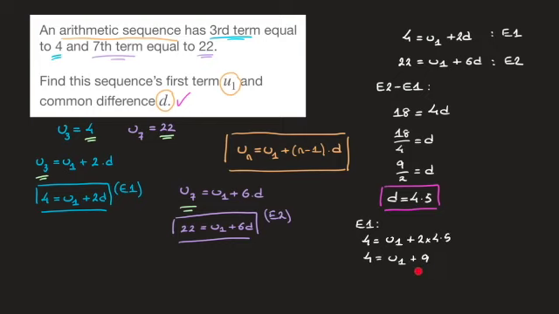And finally, subtracting 9 from both sides of this equation leads to 4 minus 9, which is negative 5, equals u sub 1. And if I rewrite that from right to left, that's u sub 1, the first term, equals negative 5. And we're done. We now have both the first term u1 and the common difference d. And although we don't have to, I always like to finish by rewriting the formula for the sequence, replacing both u1 and d by their respective values. So that would be the nth term of this sequence, which equals negative 5 plus n minus 1 times 4.5. And there we go.